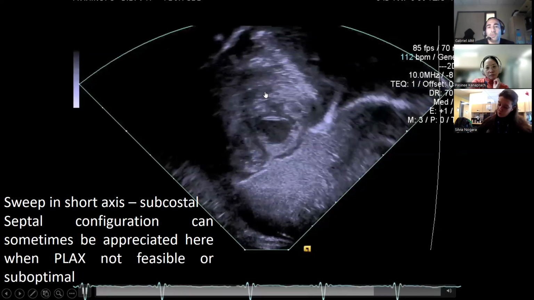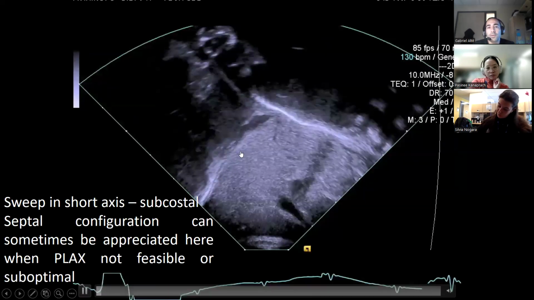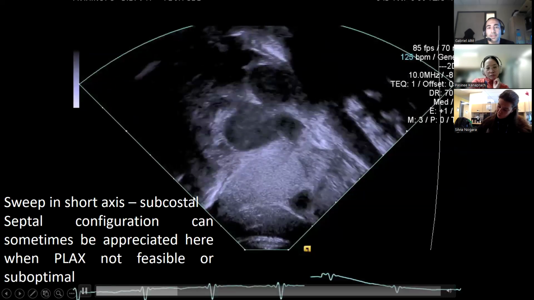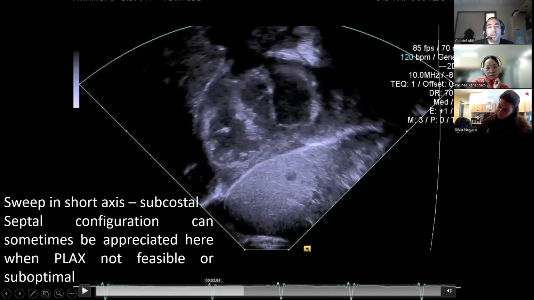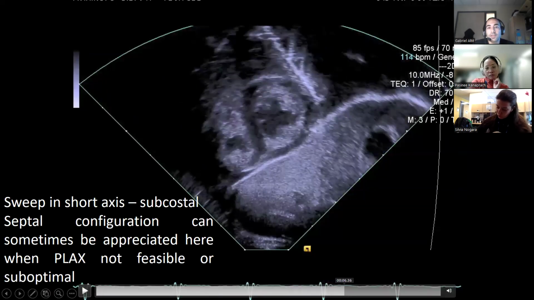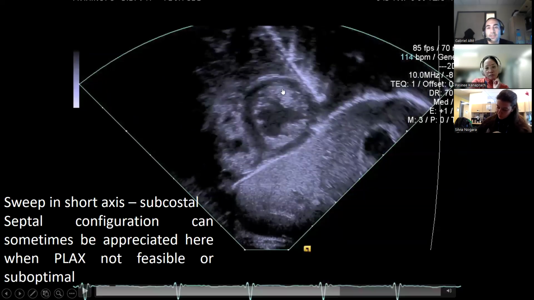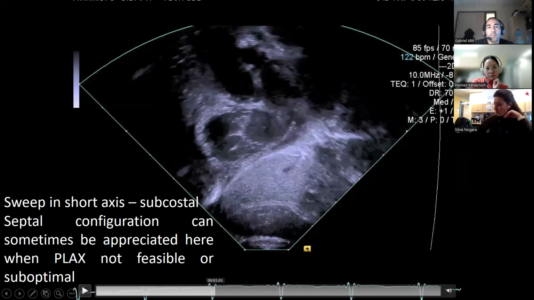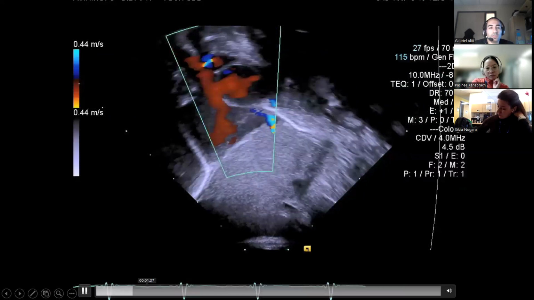And in this sweep, you can see that the LV is very round relative to the RV that's crescentic. So that's a good view. If you're not able to assess the septal curve in the parasternal short axis, you can see here nicely that it's a very circular structure and that the RV is much slimmer. As I'm going back, you can see,